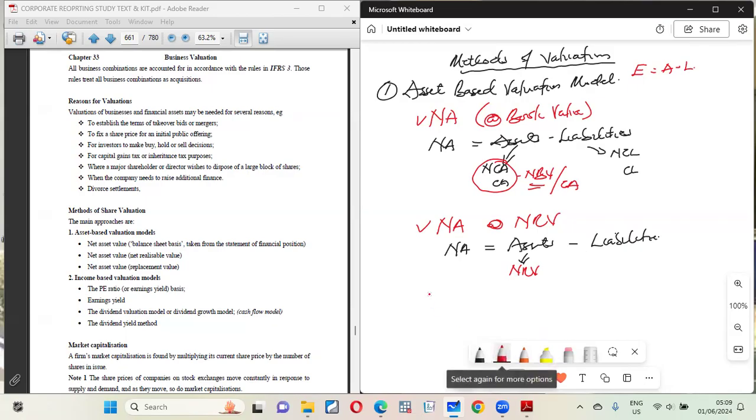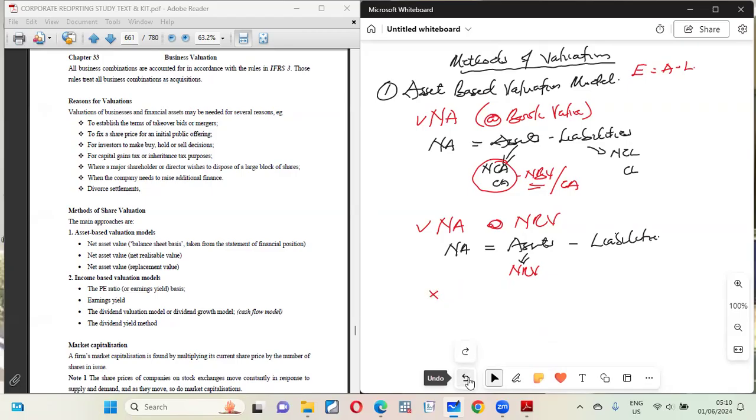But the caveat here is that you need to be careful about goodwill. Because per IAS 38, internally generated goodwill is not recognized. So please, if you have any internally generated goodwill, the caveat that I will give here is that